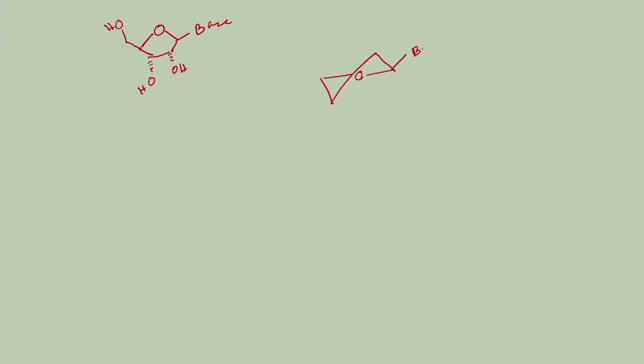So, base is here, equatorial, and here you have the 2 prime position, you have a hydroxyl group, and that is down the plane. So, down the plane has to be equatorial, rest are all the same, and this is kind of axial. So, that is your C2 prime endo,